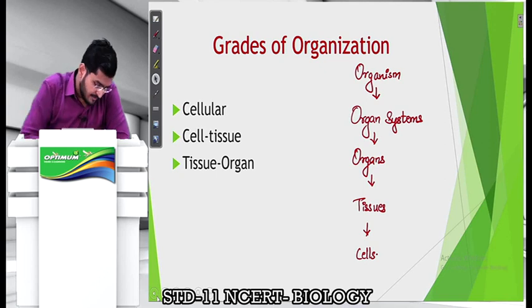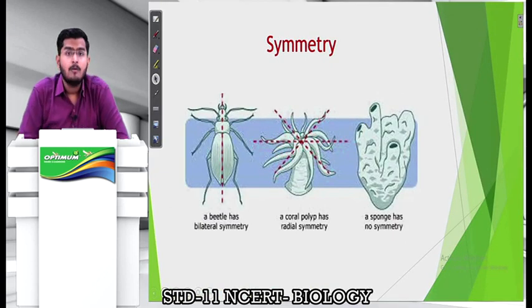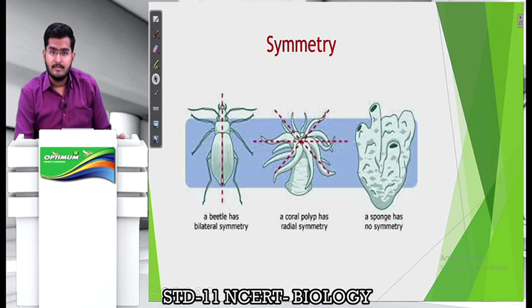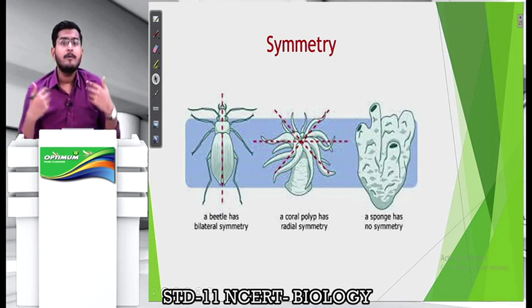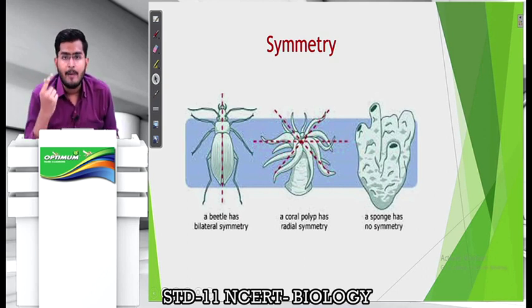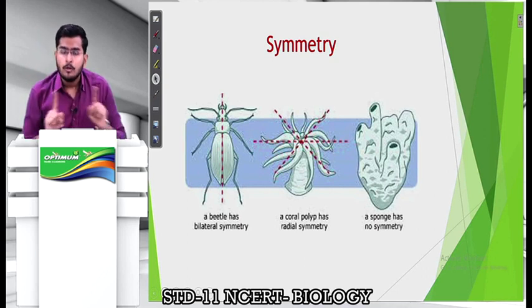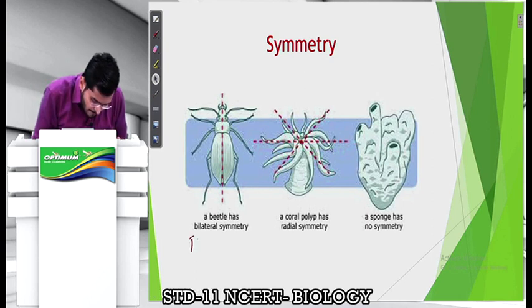ओके, the second criteria on the basis of which we will classify organisms is called as symmetry. Now let me tell you that there might be organisms जिनको तुम किसी भी एंगल में काटो, किसी भी एक्सिस में काटो, आपको इक्वल हाफ्स नहीं मिलेंगे. अगर आप ह्यूमन बीइंग की बात करो, यू कैन कट आवर सेल्स इन द सेंट्रल एक्सिस, और जब आप अपने आप को सेंट्रल एक्सिस में काटते हो तो आपको 2 इक्वल हाफ्स मिलते हैं. ऐसे सिमेट्री को हम बोलते हैं बाइलैटरल सिमेट्री. क्या बोलते हैं उसको? बाइलैटरल सिमेट्री.